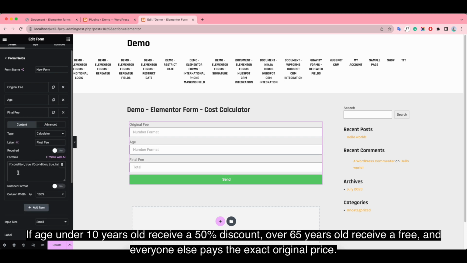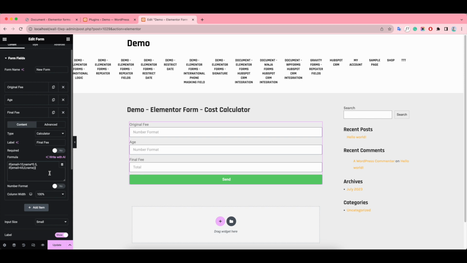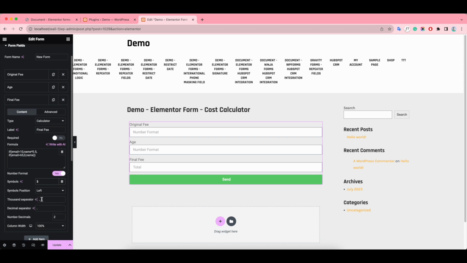Over 65 years old, receive a free, and everyone else pay the exact original price. Update and have a look.